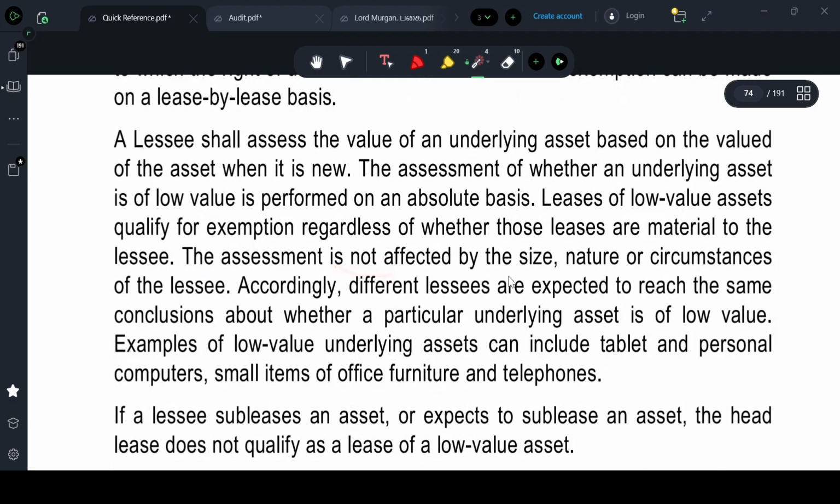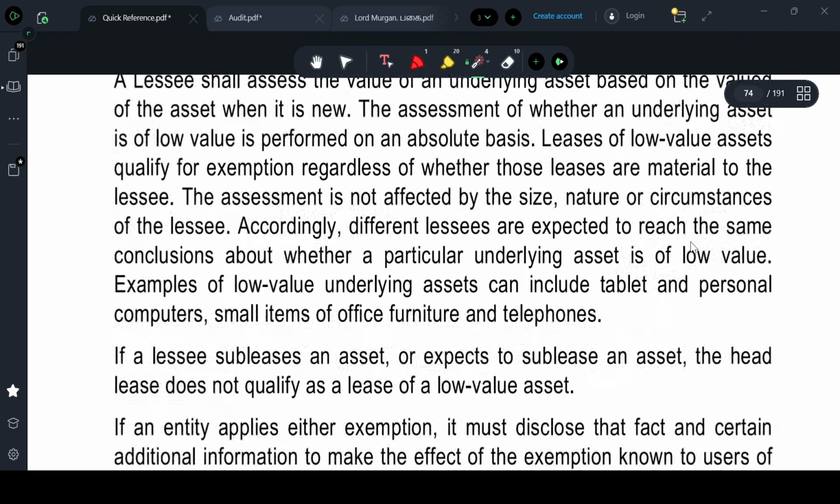The assessment is not affected by the size, nature or circumstances of the lessee. The lessee is never affected by the size. So we may have a big asset, in this circumstance, and this nature of asset is used. But what is the age of the asset that we should take into consideration? How big is the asset? What is the age of the asset? How much depreciation has been charged? How old is this asset? That is to be considered. Accordingly, different lessees are expected to reach the same conclusion about whether a particular underlying asset